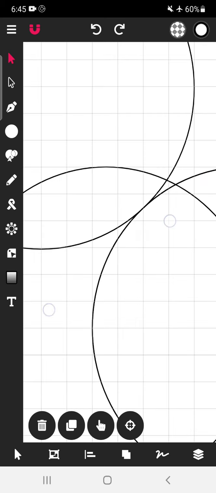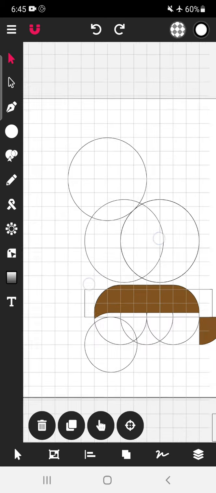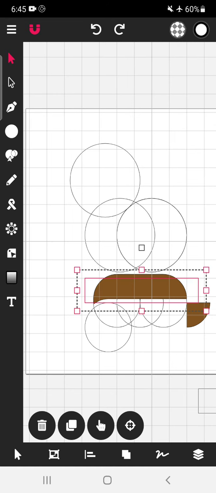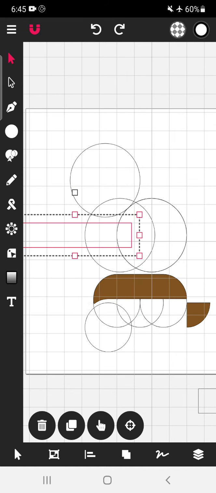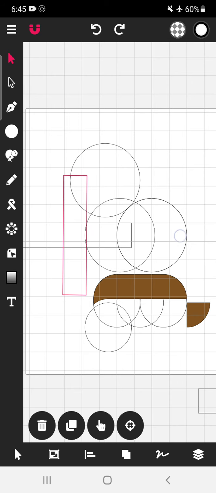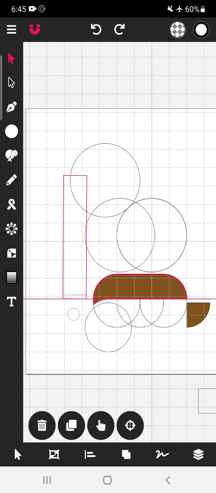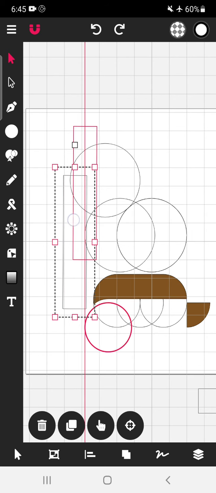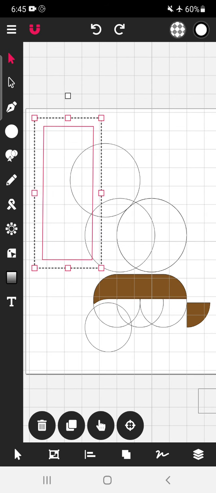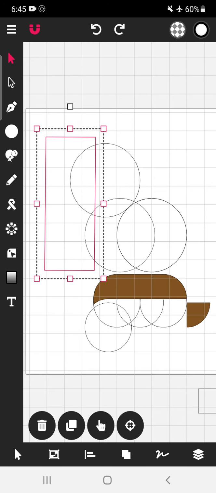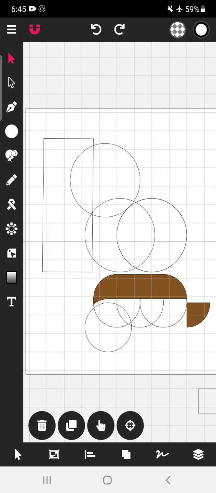Right. And we will use this shape. We will rotate it. Okay. Now we will use the shape builder tool. This will be the wing.